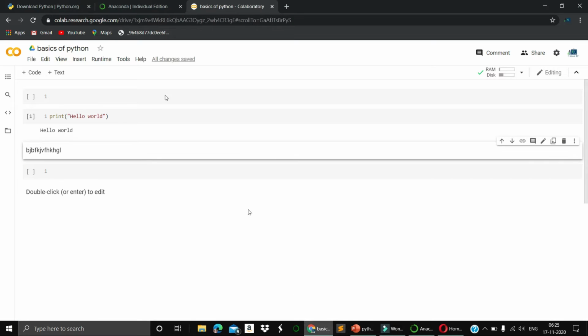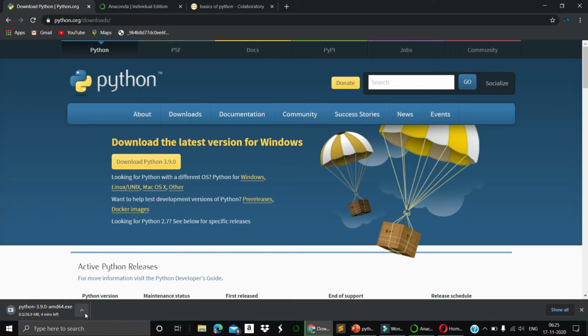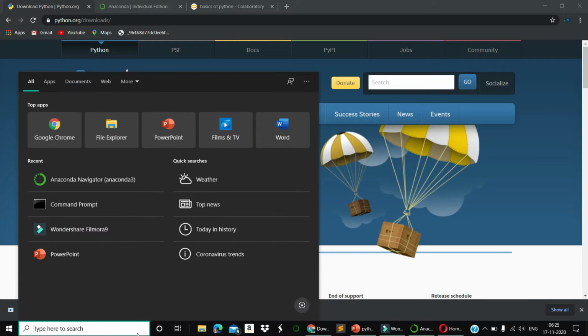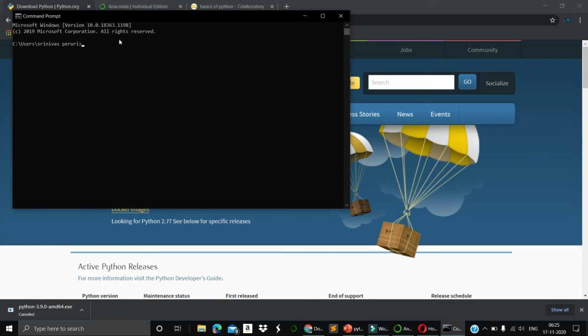So we will have Python 3.9, the latest version, if you are a Mac user. Download it if you want, because I already have this one, so no need. After downloading, when you go to the command prompt, you will get an interface like this. You search and type Python, and you'll get this. So on your PC, you have the Python version.